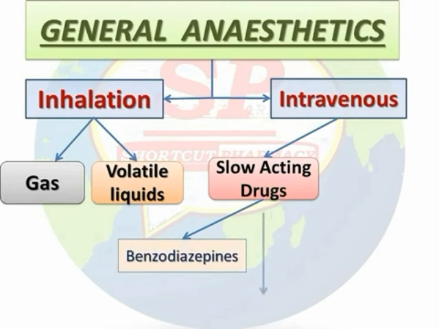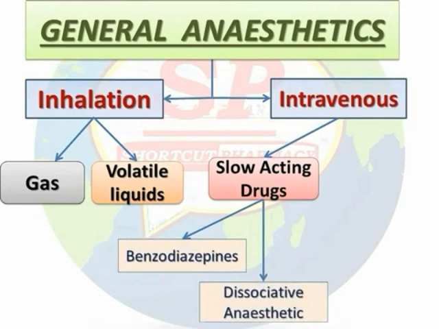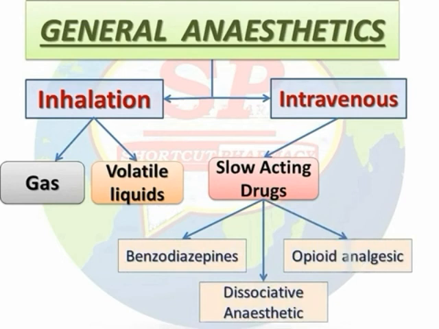The next point is that halothane is a volatile liquid, and halothane is not an inflammable agent, whereas diethyl ether is an inflammable agent. So there is a difference. Halothane is not inflammable, and the boiling point of halothane is 50 degrees Celsius. So halothane boils at 50 degrees Celsius.